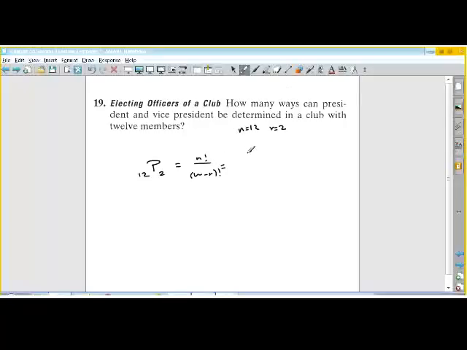N is 12, r is 2. We already know that because we wrote it over here. So you'd have 12 factorial divided by 12 minus 2 factorial, which is 12 factorial divided by 10 factorial. And 12 factorial would be 12 times 11 times 10 factorial, divided by 10 factorial. Cancel those out, and you would get